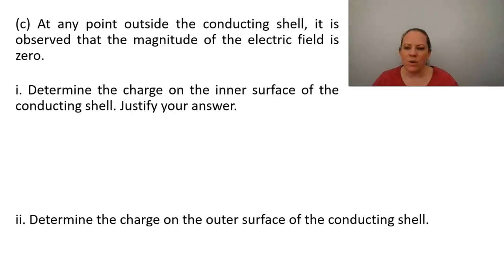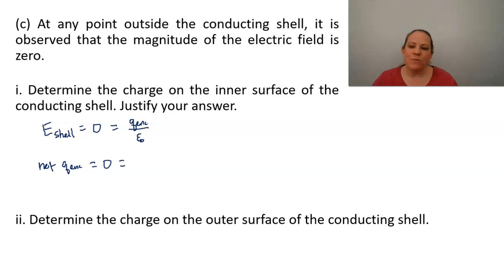So here's what we know, that the electric field outside the shell is equal to 0. And according to Gauss's law, that has to be equal to the charge enclosed divided by epsilon naught. And so we know that the net charge enclosed has to be equal to 0,